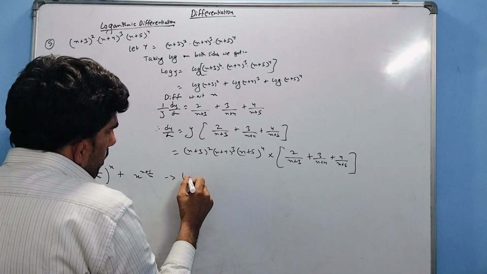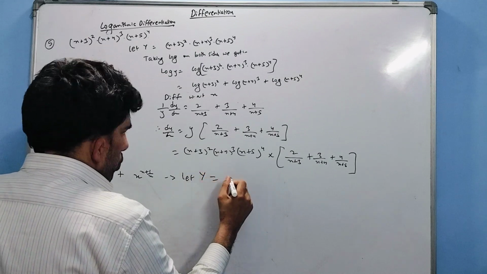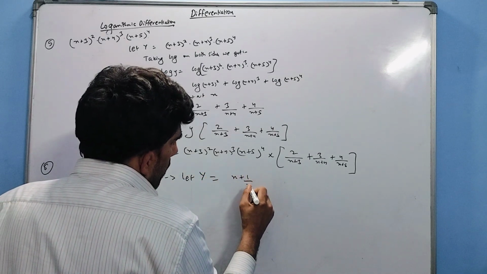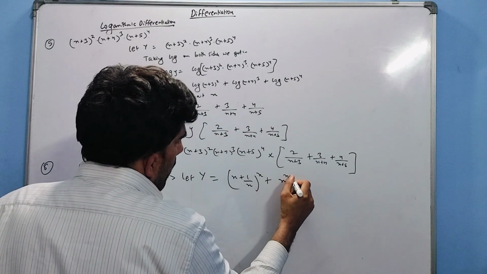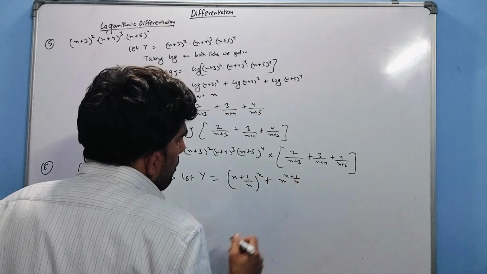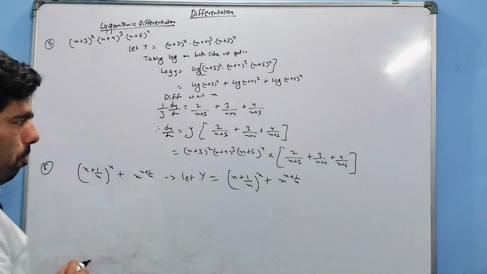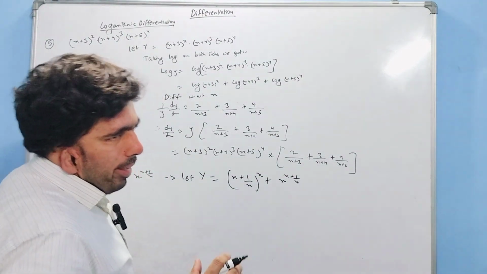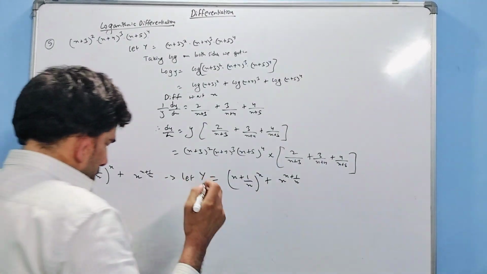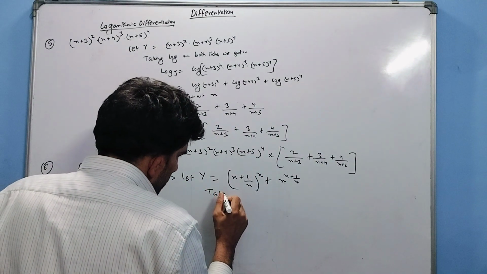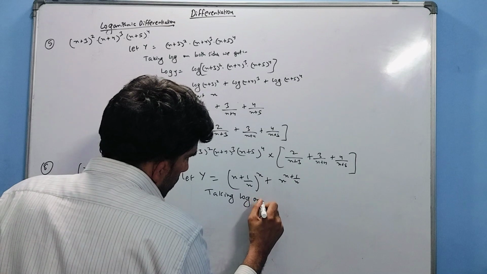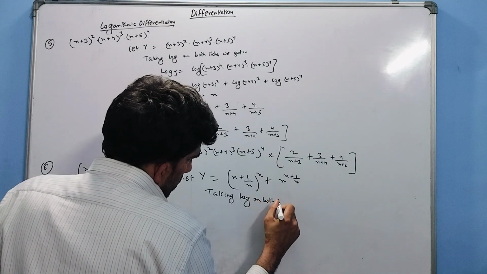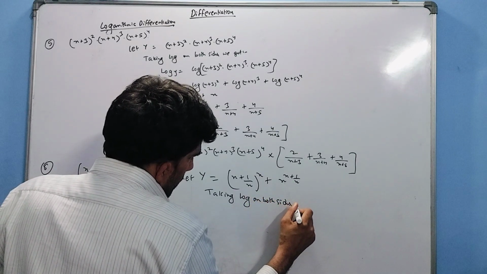Let y = (x + 1/x)^x + x^(x + 1/x). Okay, so what we can do, next step is take log on both sides. Taking log on both sides, we get